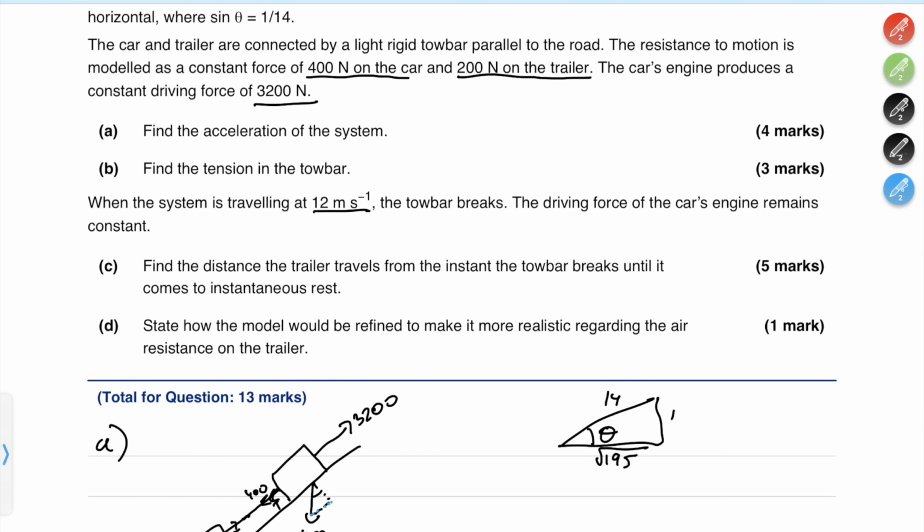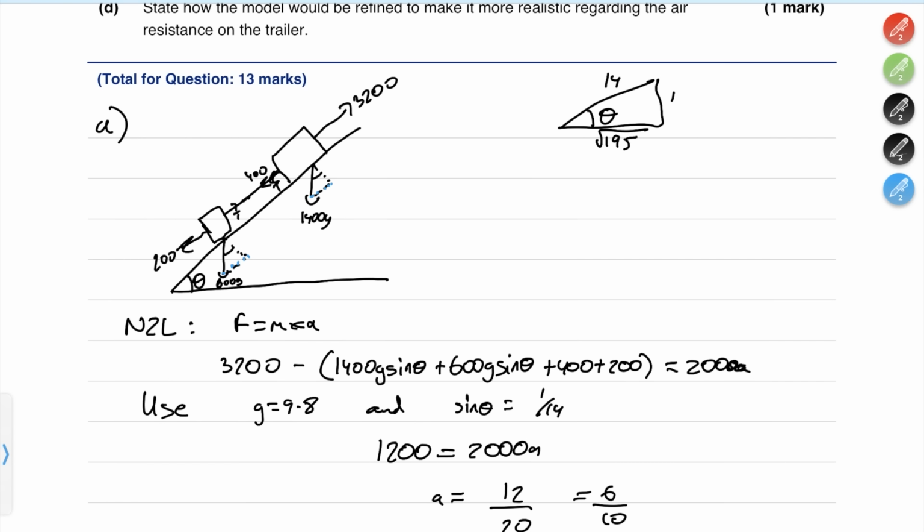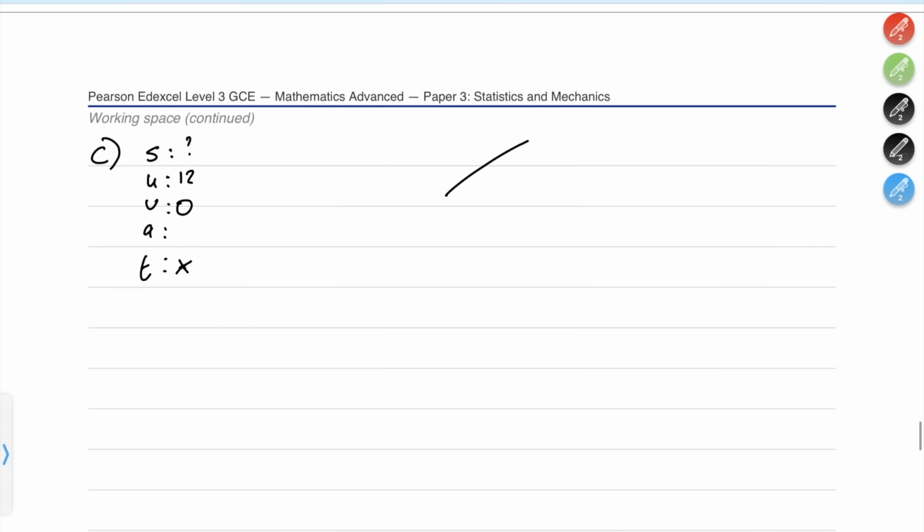So the tow bar breaks. Now that means the trailer is kind of a separate entity from the car, so we no longer have the tension. If we think about a new diagram here, I'm going to completely ignore the car. This is just for the trailer. We've got our trailer here,